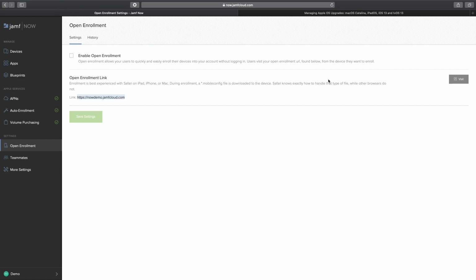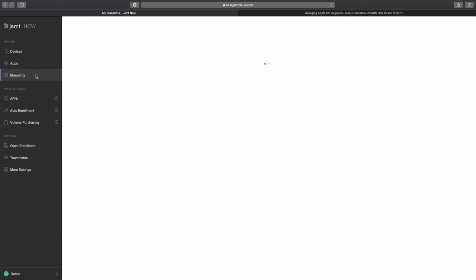There's usually an access code that I'd have to enter to make sure that I have access to the right blueprint, and then it would install that blueprint profile onto my phone and give me those tools that I need to be successful. So this is a really great process and a great option to be able to take that user enrollment feeling and really gain that same kind of access or that same kind of flexibility for personal and work information to be separated without having any issues around